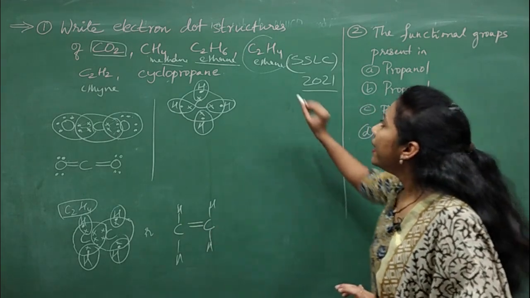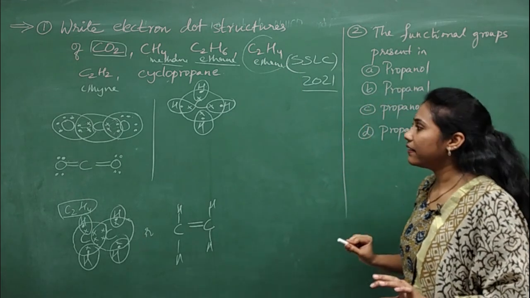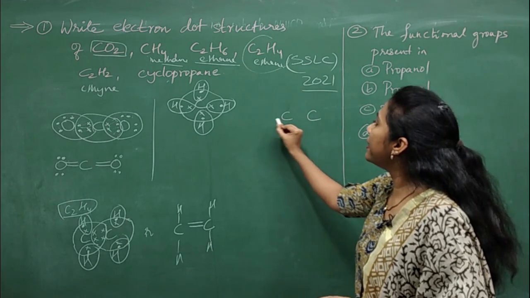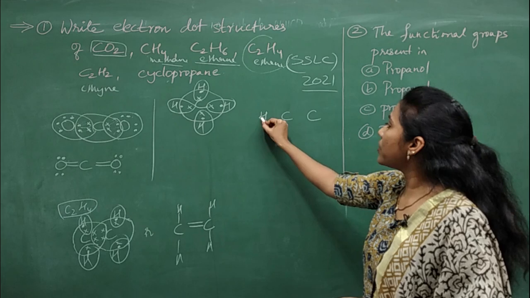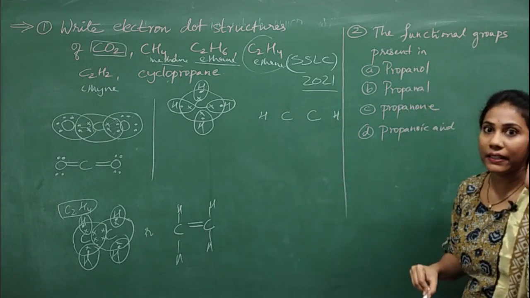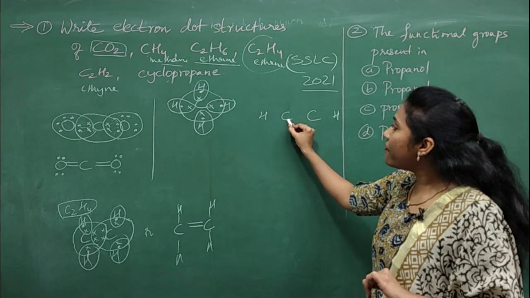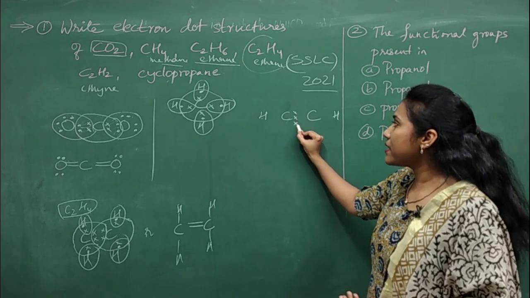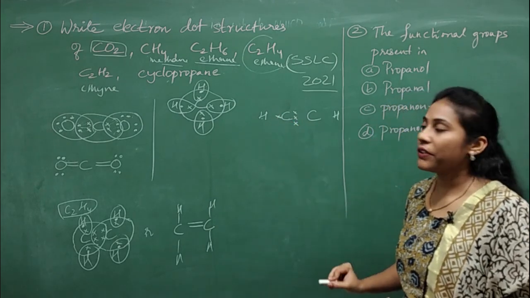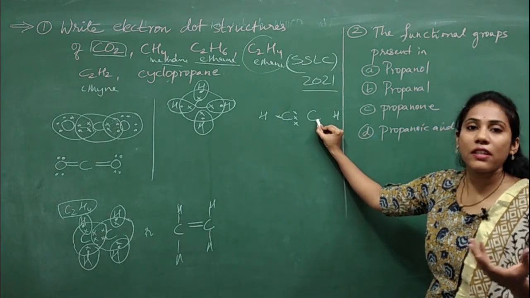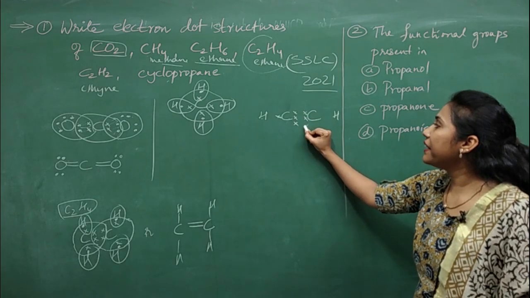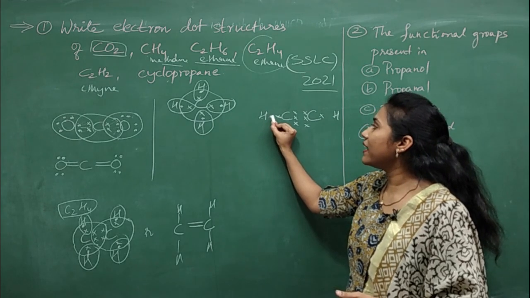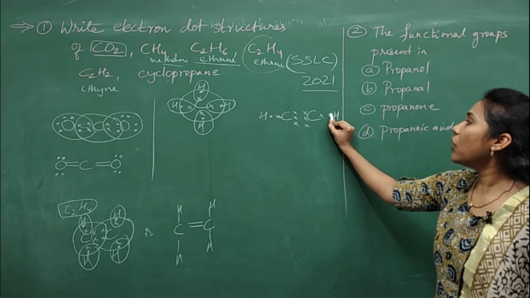Okay, fine. And now electron dot structure for ethene, right? So what is ethene? Ethene structure, how do you write? Two carbon atoms are there and two hydrogen atoms on each. One hydrogen atom, show it here, another hydrogen atom, show it here. Okay, so now write the valence electrons on this carbon atom. How do you write? 1, 2, 3. 3 electrons I wrote here, 1 electron I am writing here. Okay, similarly this carbon's valence electrons are also 4. So 3 electrons I'll write here, 1 electron I'll write here. Okay, valence electrons of hydrogen. So 1 valence electron for this hydrogen, 1 valence electron for this hydrogen.